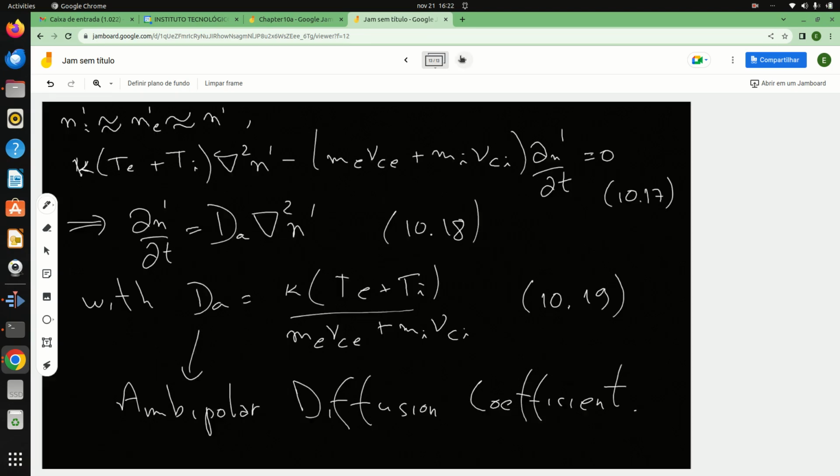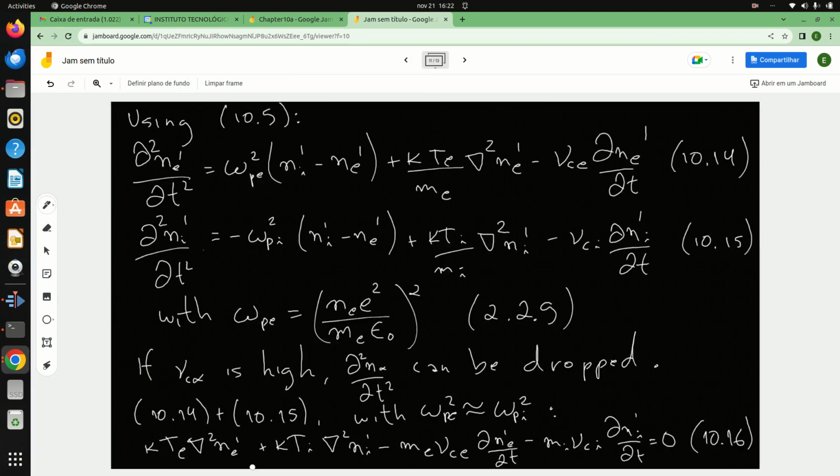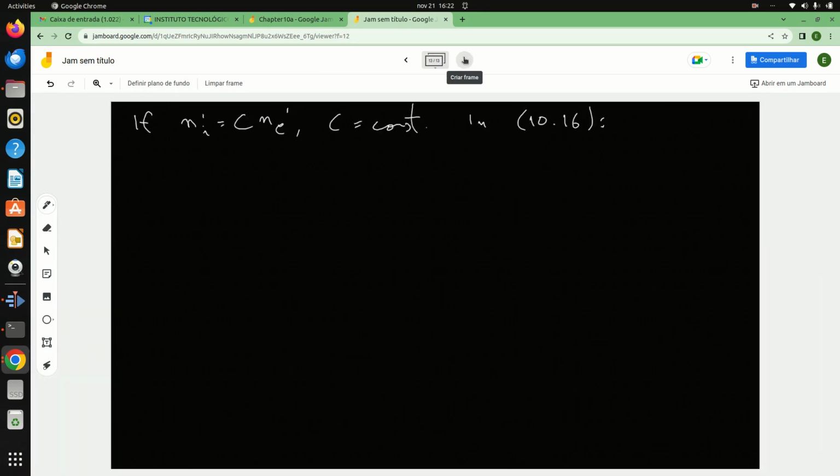Now we can do the same with a little more realistic approximation. Instead of using Ni equal to Ne, we use Ni equal to a constant times Ne. They don't have to be exactly the same, so this is a constant. So in 10.16, if you use this 10.16 here, then we can rewrite this equation like this: